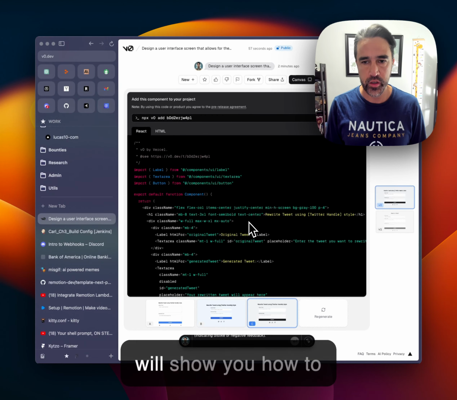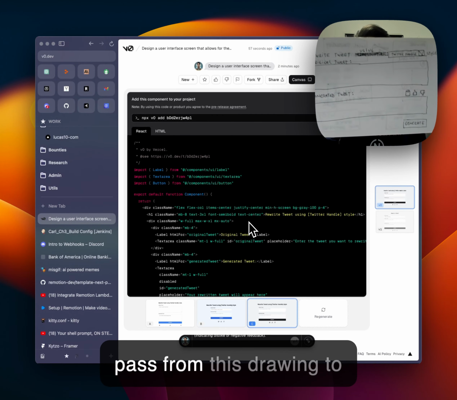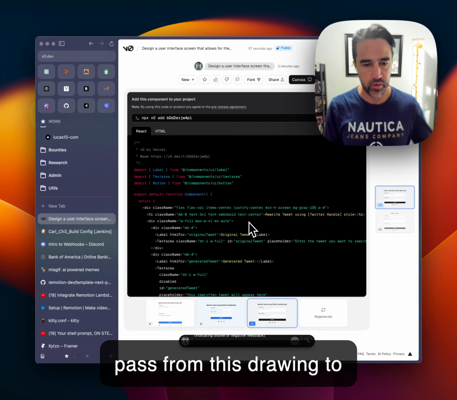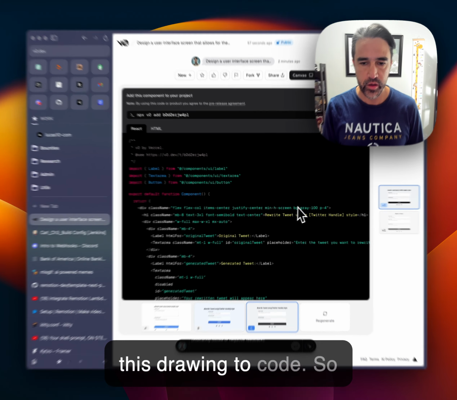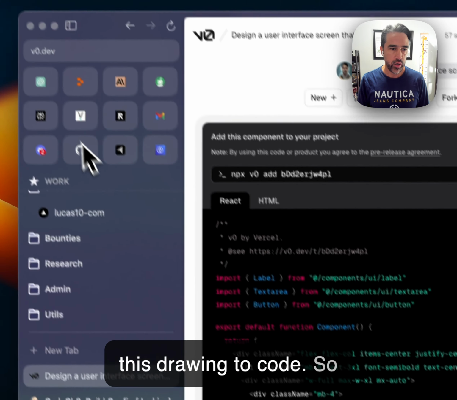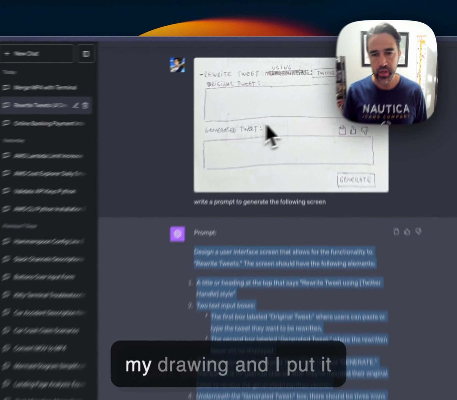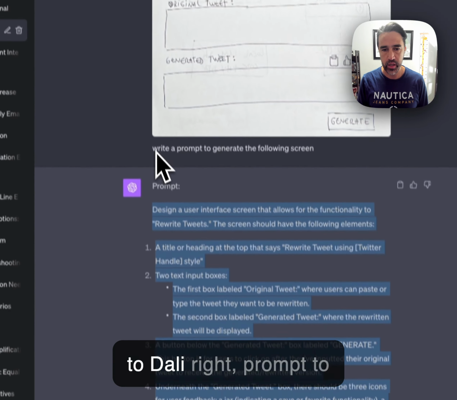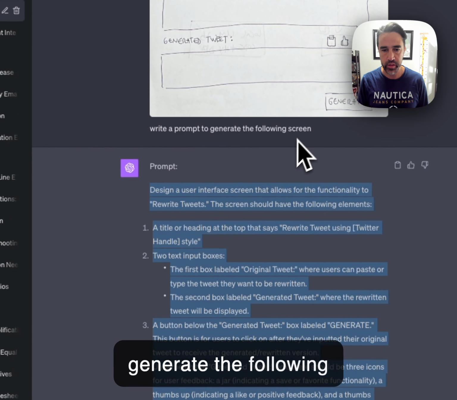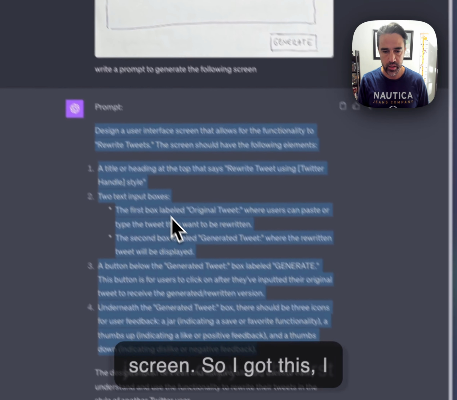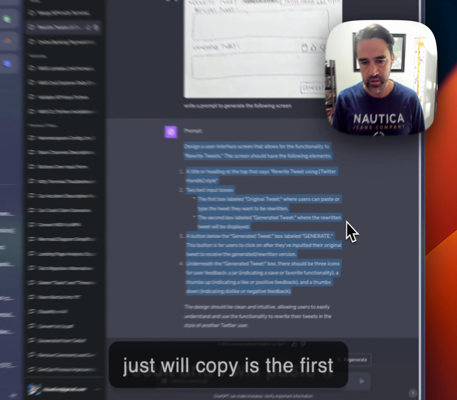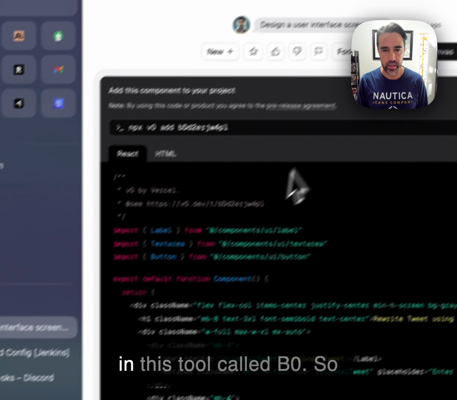Hello, so in this video I will show you how to pass from this drawing to code. So I just take a picture of my drawing and I put it to DALL-E, write a prompt to generate the following screen. So I got this, I just will copy the first result and I will paste it in this tool